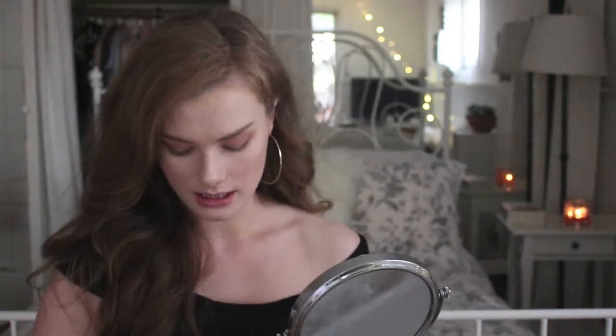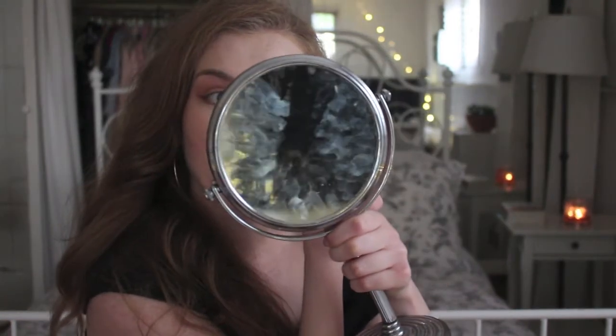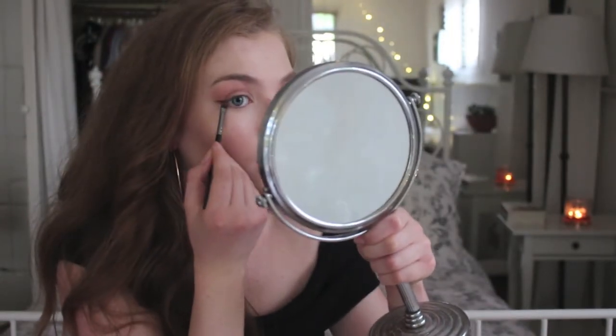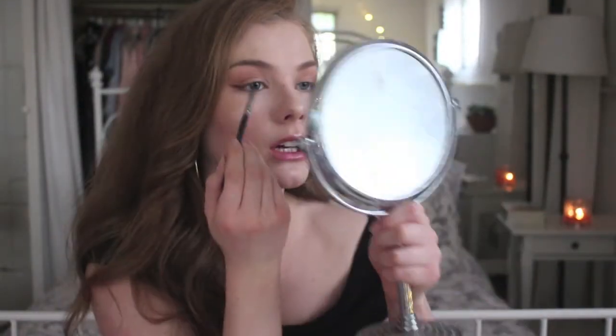So I start with a little line, and then I do the other one as well, just to get a good match. Now they're not always perfectly even, but that's okay, right? Eyeliner is hard to do, okay? It just is. So then what I do is take the same shadows and I finish the wing